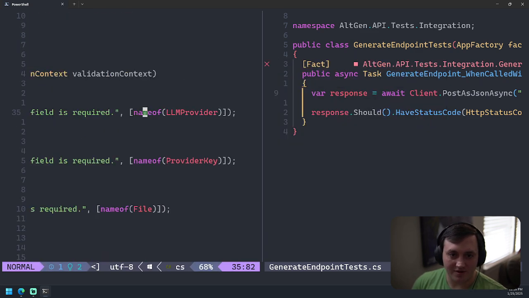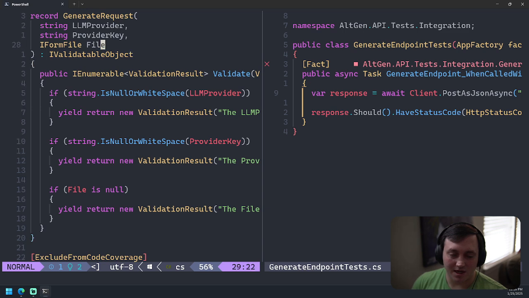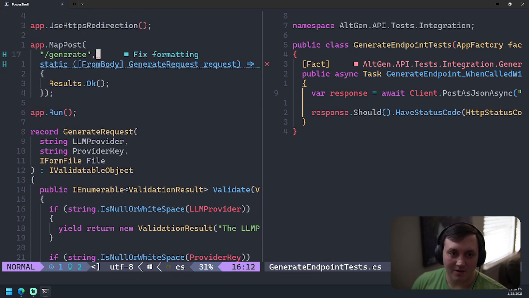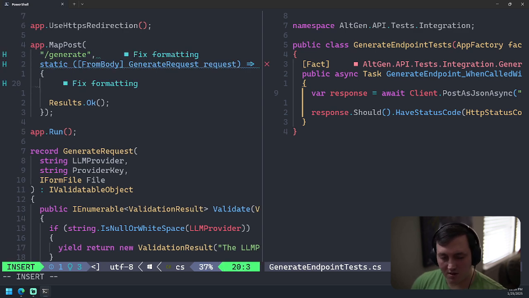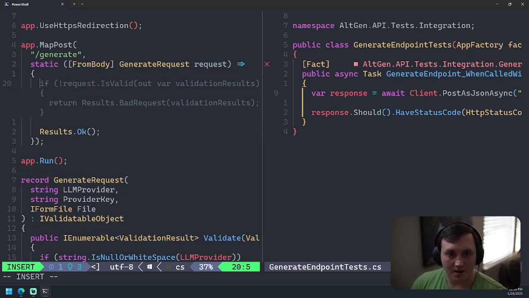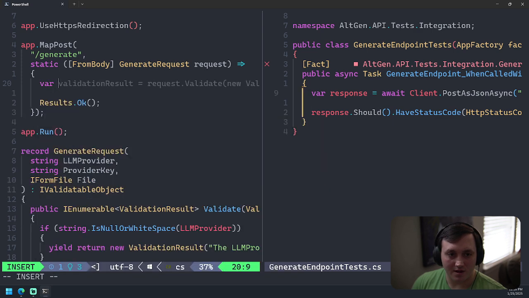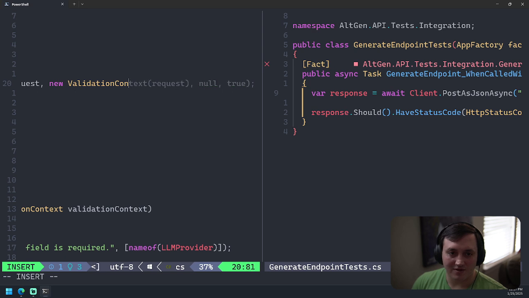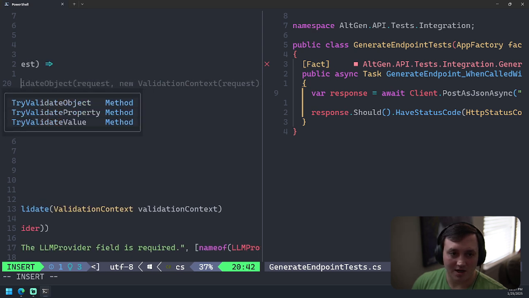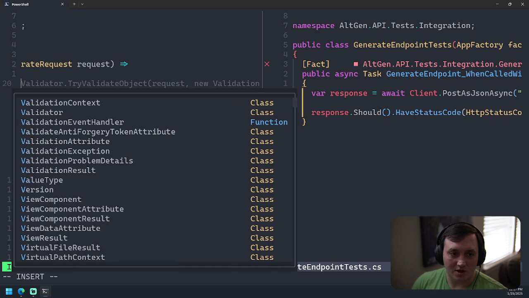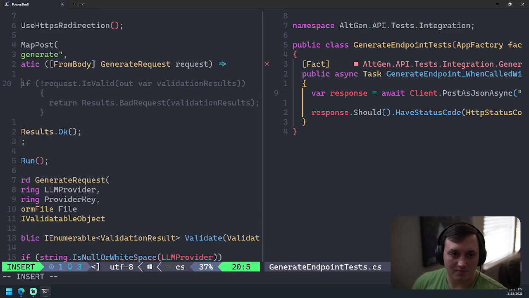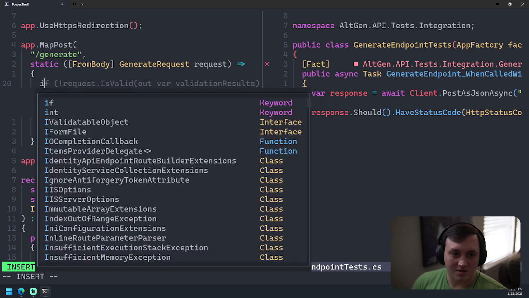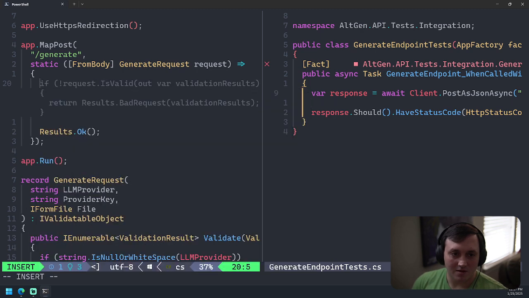So now that we have that IValidatable interface implemented, up here in our method we can just say var isValidRequest. That's one way to do it, but what we're going to do is not use the IValidator. What we're actually going to do is say